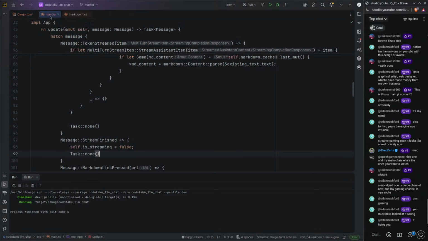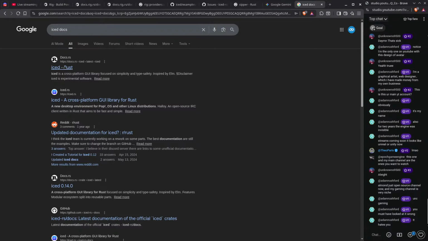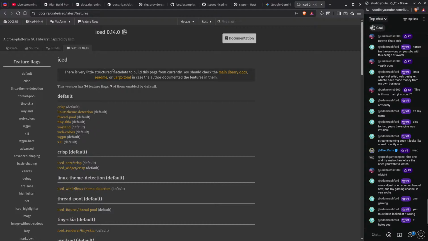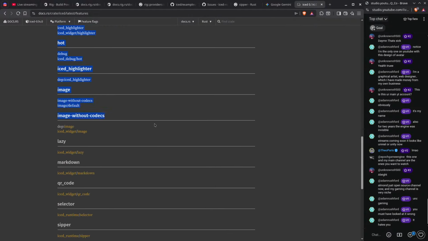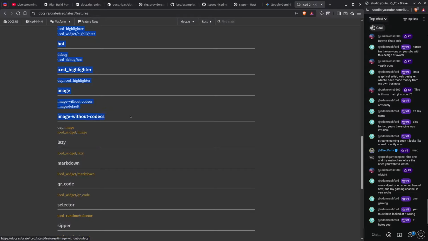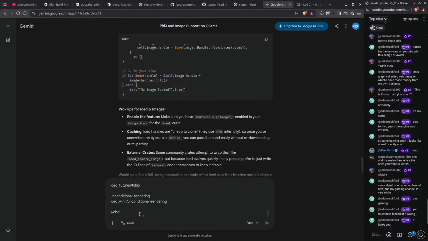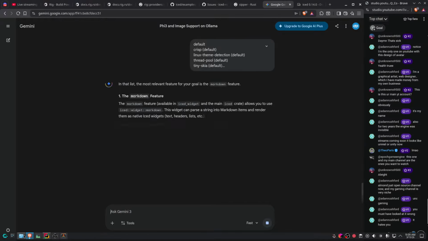Okay, how about we tell it here? Or let's check out iced features really quickly first. Iced features, where's that? Feature flags. There's even SVG, which is interesting actually. Do you see any relevant feature here? Other than that, what we could do is